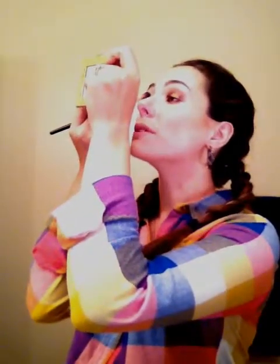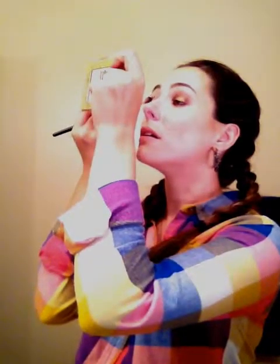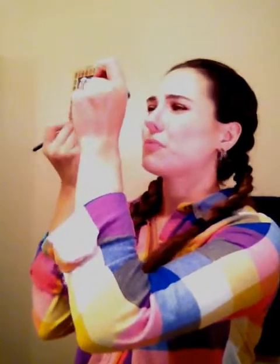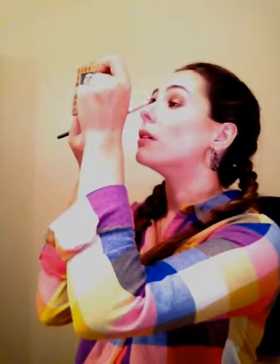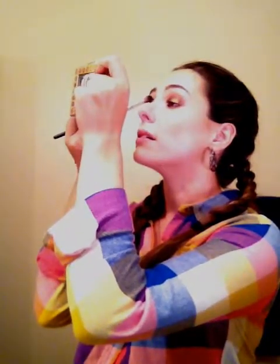Alright. Now, I'm going to take the purple, just barely tap that, take off the excess, and start blending, hopefully getting the color actually on there in the middle this time. Yeah, there we go. Just go very light-handed when you're blending this and just go, I guess, like, kind of quick strokes. I don't know how to explain what I'm doing, but